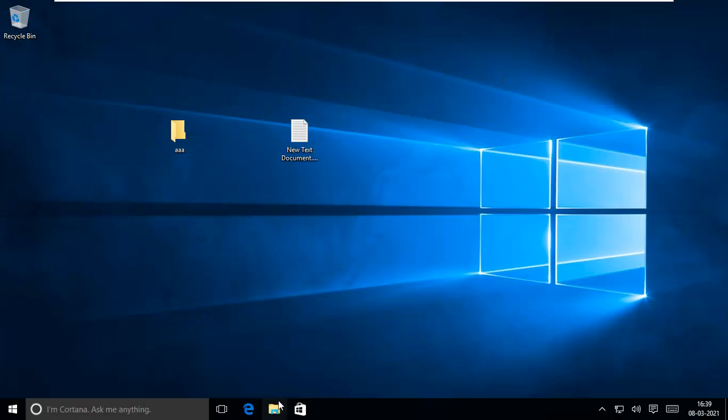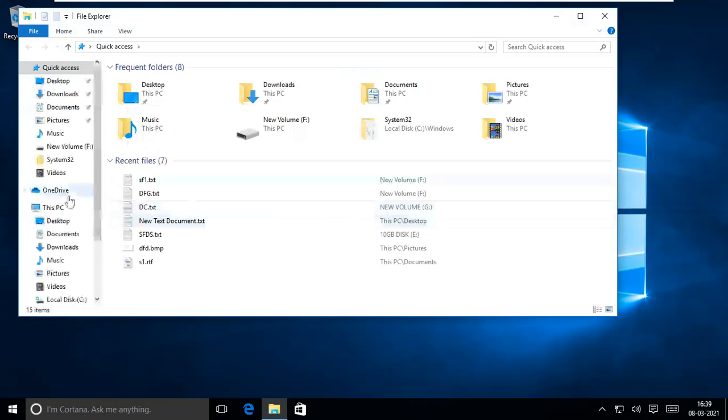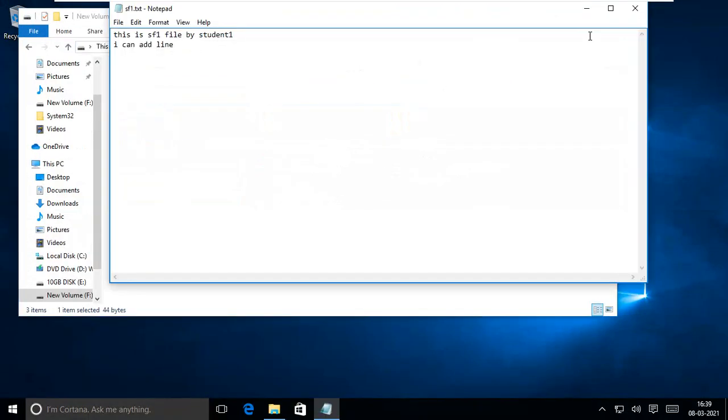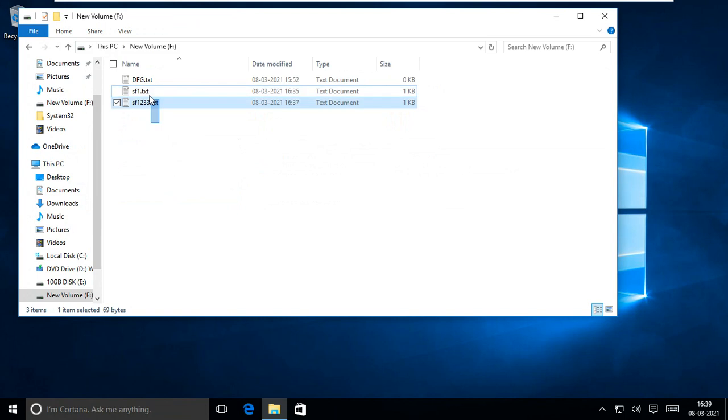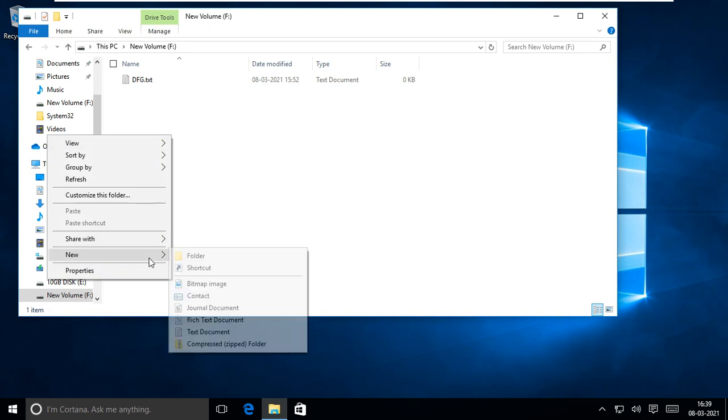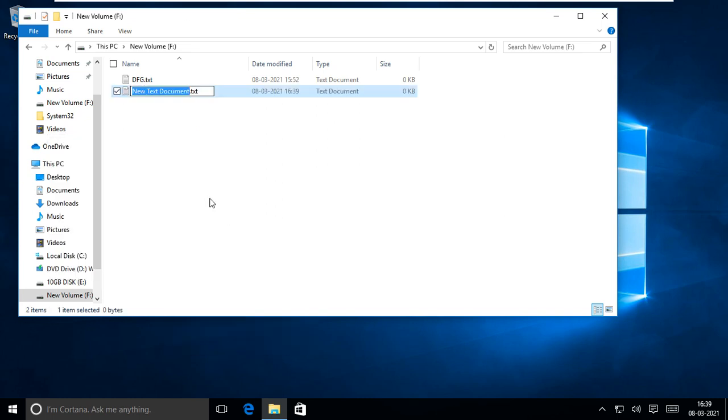This is student 1. I'm going to my F drive. This is already created, so what I'm going to do is delete these two things, shift delete. I'm going to create it again, actually not required, but sf1.